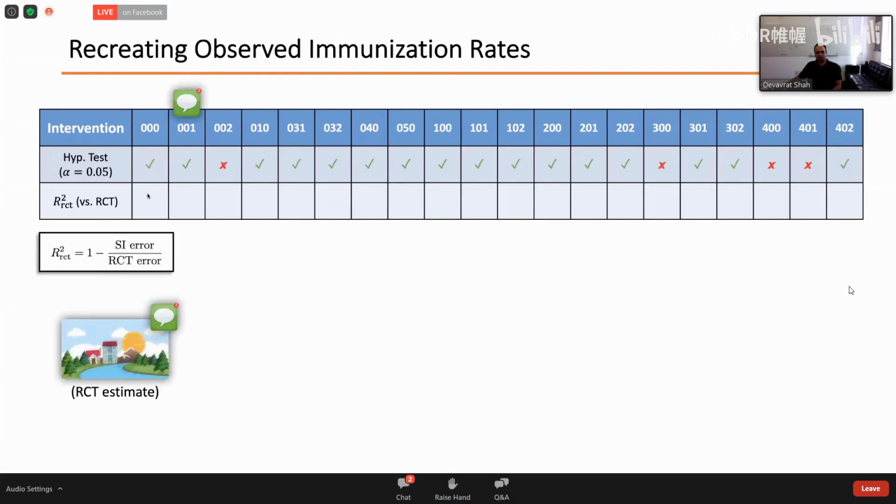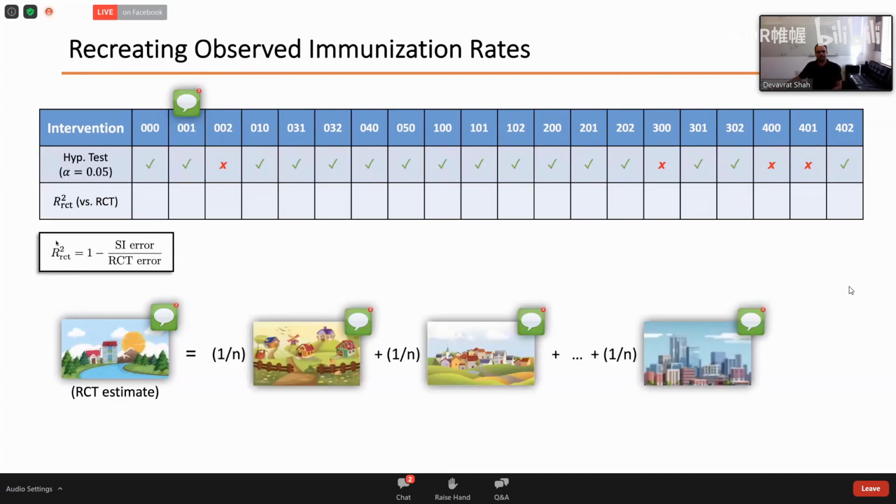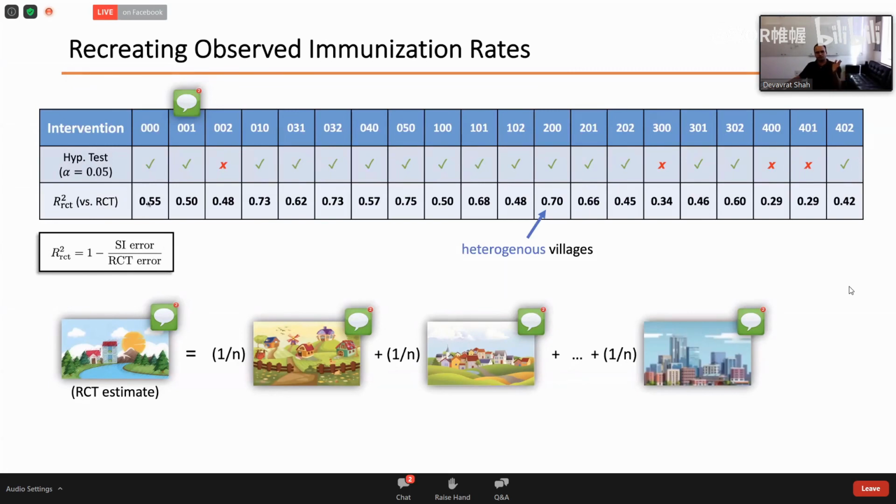Okay. And a randomized control trial would simply aggregate impact across all the villages rather than personalizing it. And in a sense, R square RCT says how much better, compared to just the traditional RCT, can our method do with respect to the ground truth. Okay. And these are the cases where we focused on the ground truth, because we had it. And so this is simply a set of villages for which this was implemented, and hence we can measure the ground truth. What you're seeing is that for most villages, the hypothesis test is not rejected.